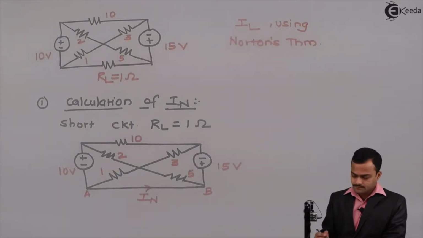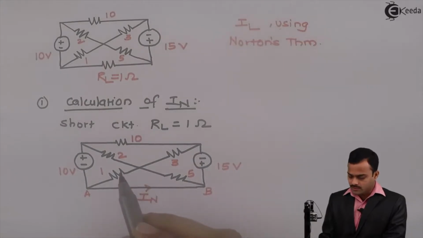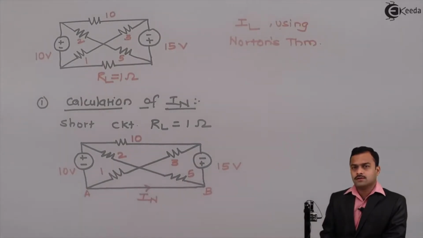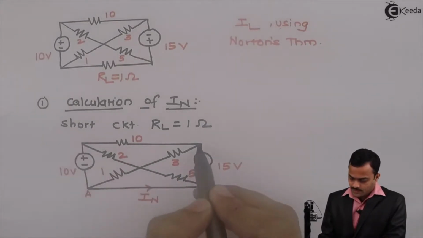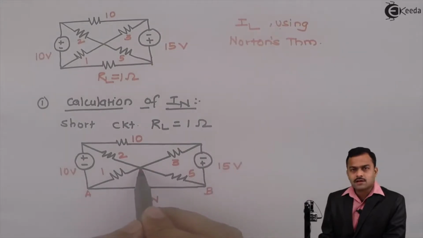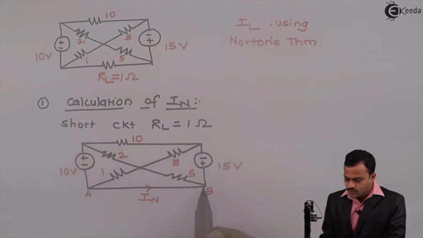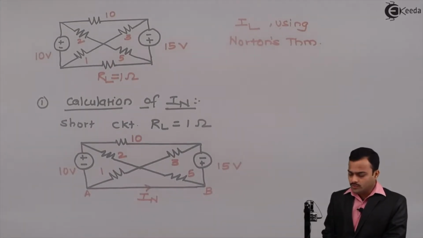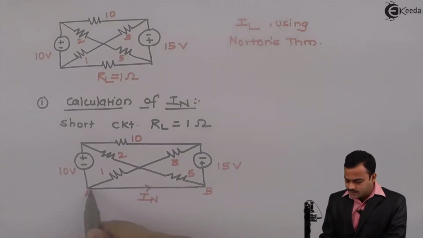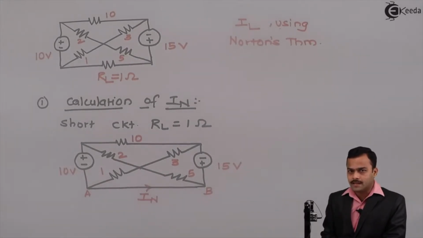If I see the problem, I cannot solve it by a mesh because 1, 2, 3, 4 loops are there, 4 unknowns. Calculator will not support that. As far as nodal analysis is concerned, let's find out how many nodes we will be having. This is the first node, second, third, and this entire thing is a node. Though I want a current flowing from this link, if I want to use nodal analysis, I need to consider this as a node rather than a branch.